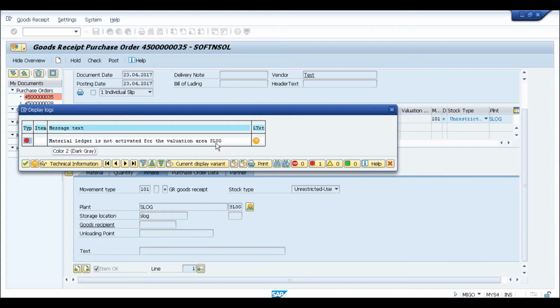So this is the functionality which is available from the controlling point of view. Now, if a customer is looking for parallel currency, where he wants to update all the records in USD also, or maybe he is looking for actual costing, in that case he can decide, yes, let's go for material ledger.